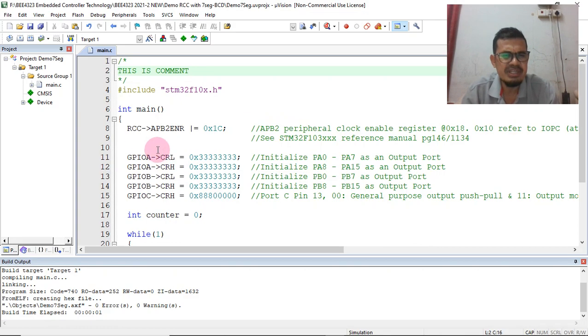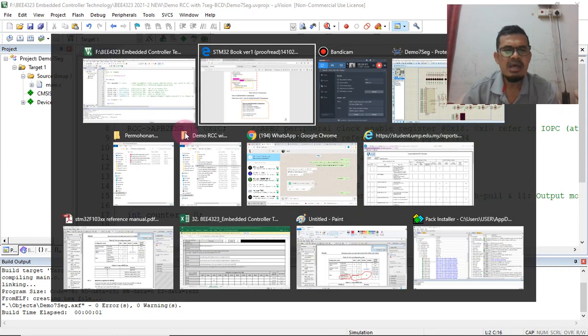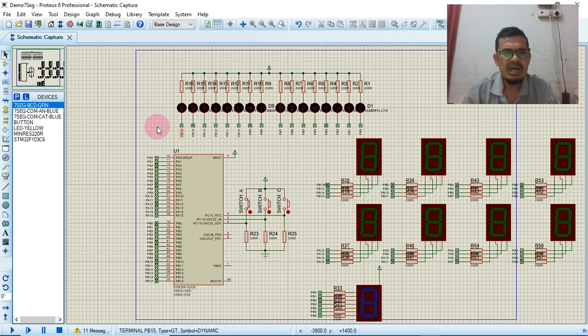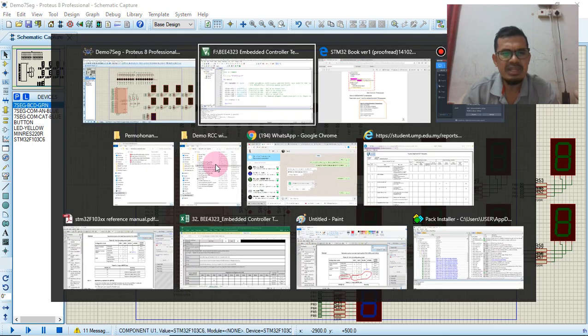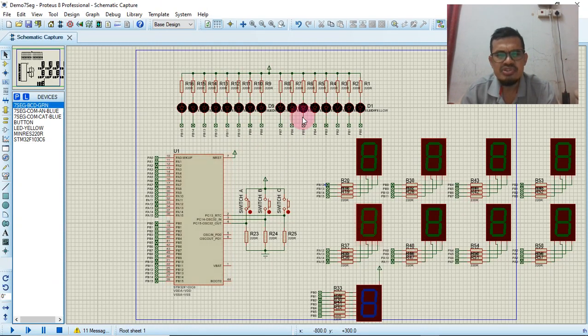Followed by clock and port configuration. Here is a clock configuration. In this video, our main objective is to understand this RCC clock configuration, reset and clock control. To configure clock for this processor, we must manipulate data inside this register, APB2 enable register, advanced peripheral bus number 2 enable register. ENR is for enable register. But this time I want to discuss this coding together with this demonstration.